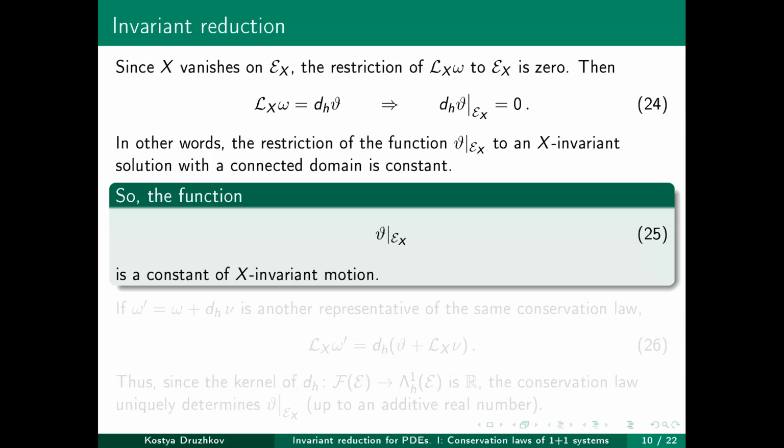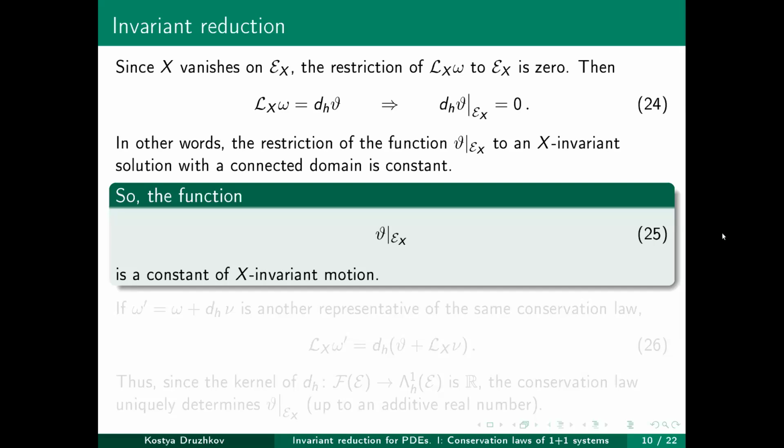Because if we restrict this theta to an invariant solution, the horizontal differential becomes the de Rham differential, and we get the information that the de Rham differential of the corresponding function of the restriction is 0. That is, if this function has a connected domain, then it must be constant, or locally it's a constant at least. So function 25 is a constant of X-invariant motion in this sense,